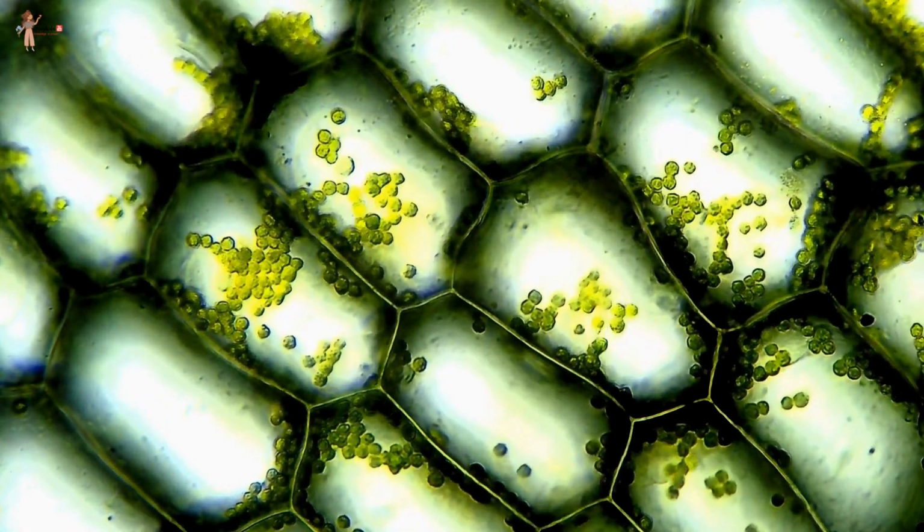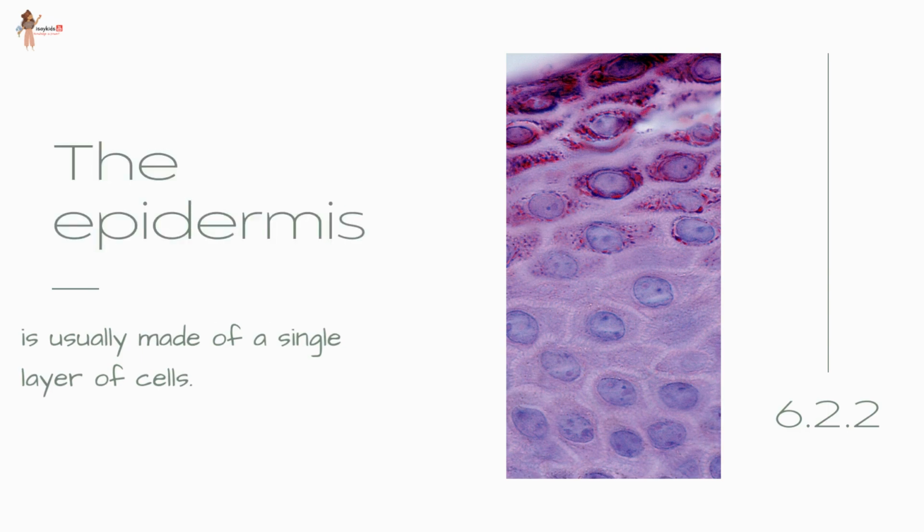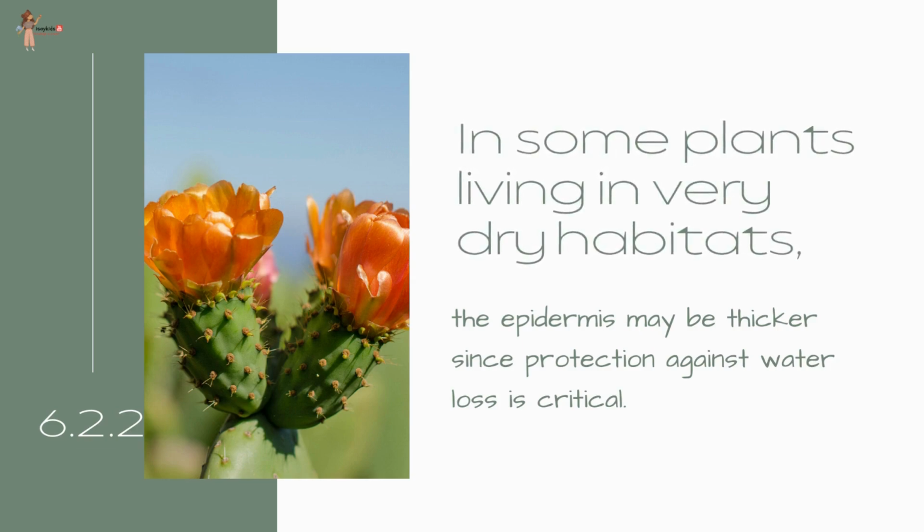Observe under microscope. What you observe is the outermost layer of cells called epidermis. The epidermis is usually made of a single layer of cells. In some plants living in very dry habitats,